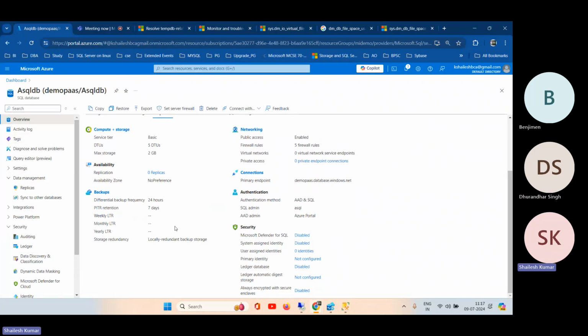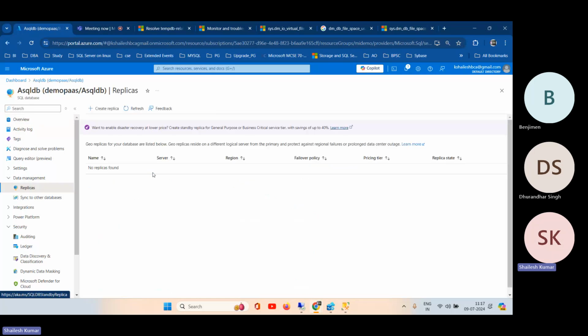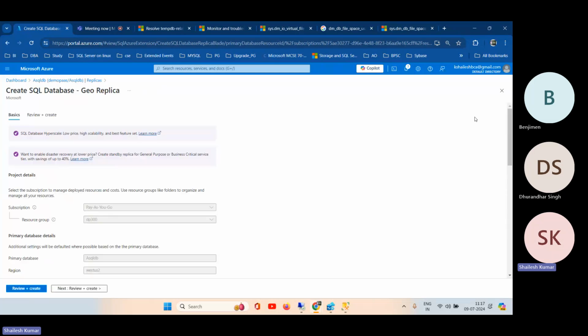Or in high availability, we have to create a high availability. But the condition is that you cannot create a high availability on your same zone basically because it's a geo replication. So you have to set a different time zone, a different data center zone. Then you can create a replica of these databases and high availability. And if you want something like that, you have a routing list and all, so you should customize that one. See here,